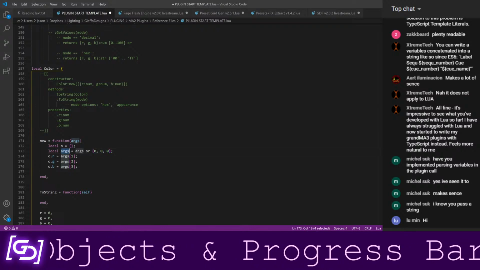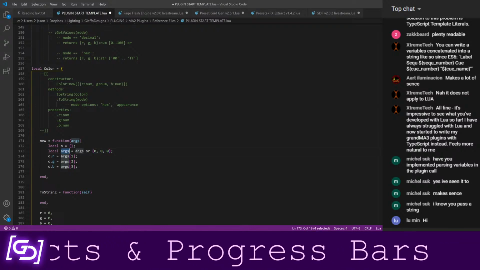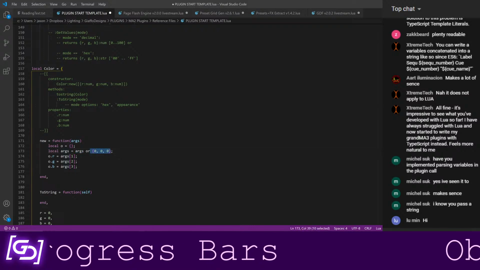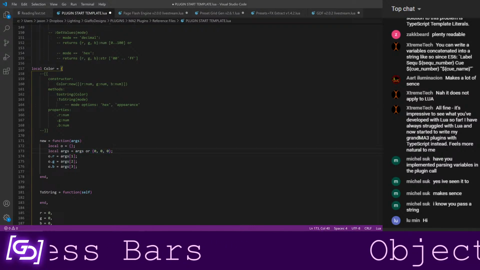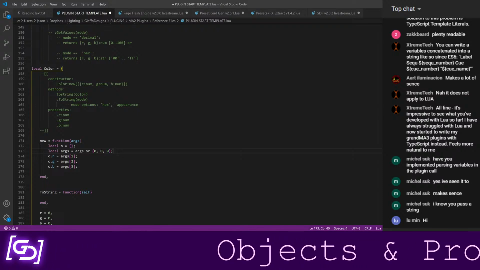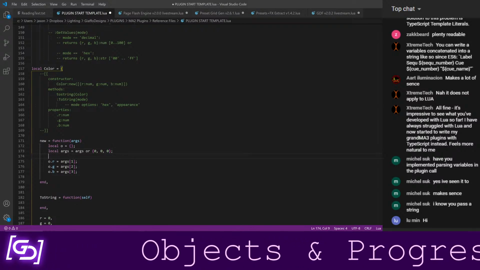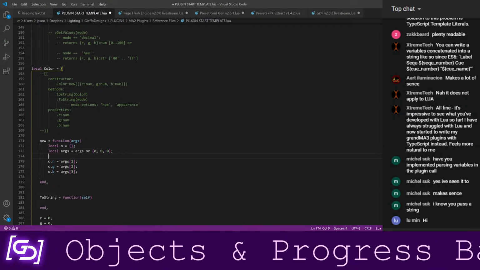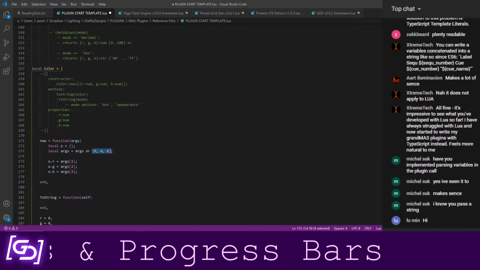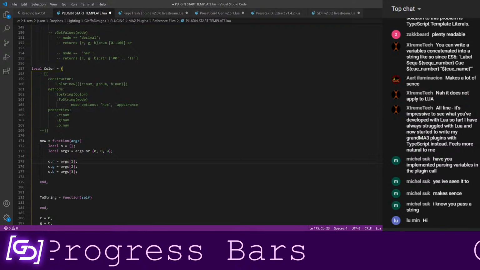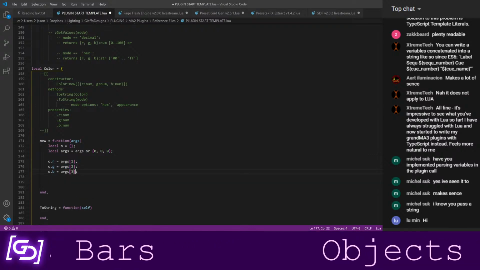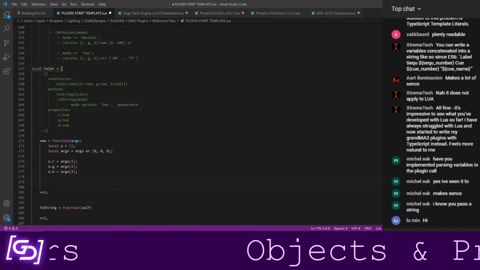This is a really good way when you're building a function to assign a default value. You can say the local version of that is either what was provided or something else. The only time this doesn't work is if being provided nil is a valid option, in which case you wouldn't want to have a default value. So we're going to set this up so that this always exists, whether it was provided or whether we provided the value inside of our function. So we've set our default red, green, and blue values.